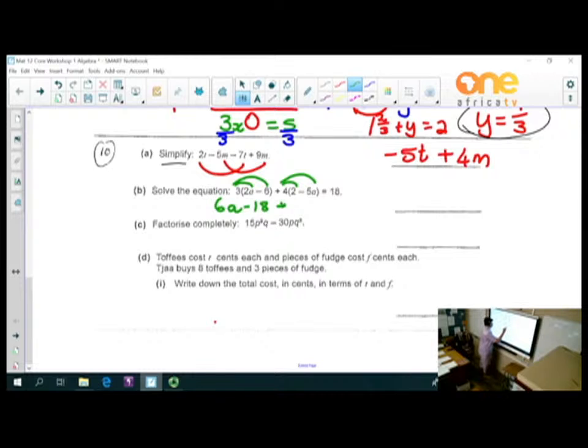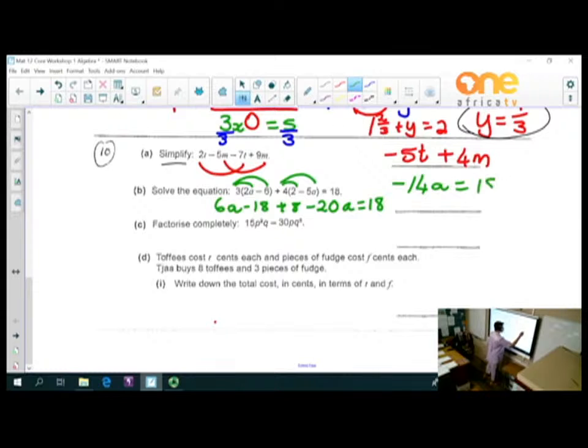And here I will have 8 minus 20a, which is equal to 18. I first remove my brackets. And now I need to collect my like terms, the x, or in this case a, on the left-hand side. So positive 6a minus 20a will be negative 14a is equal to